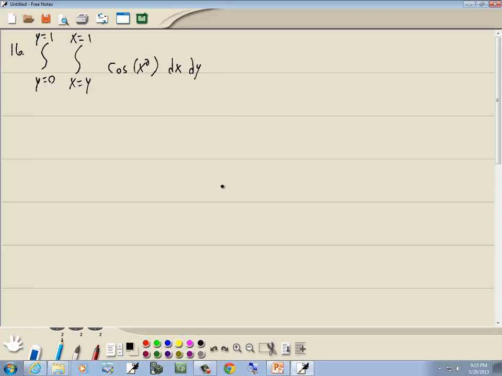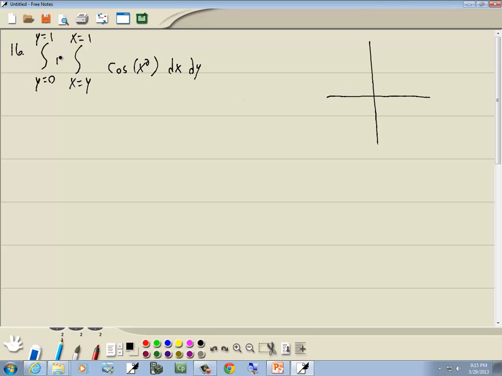Okay, now if I tried to dive right in with this and take the integral with respect to x, well, I could do a u-substitution, let u equal x squared, but du would be 2x dx, and I don't have an x out here, so it doesn't work. Well, let's look at